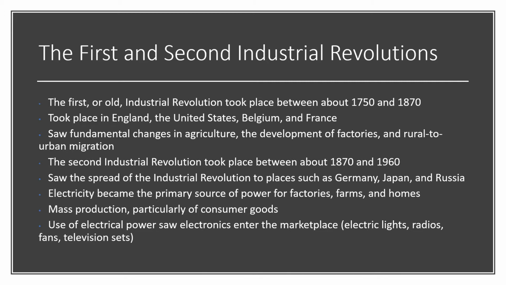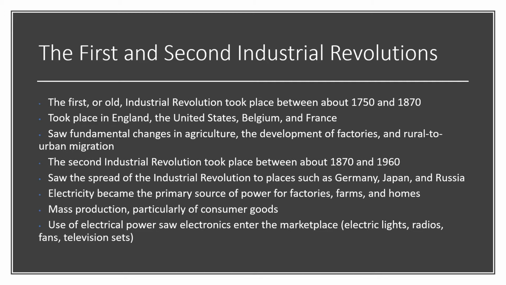only countries such as England, United States, Belgium, and France would industrialize. And in the First Revolution, there were fundamental changes in farming, the development of factories, and the overall rural to urban migration. But in the Second Revolution, far more countries were industrializing. Countries such as Germany, Japan, and Russia were all industrializing and were using machines such as railways as a form